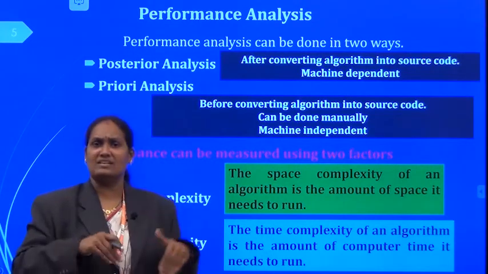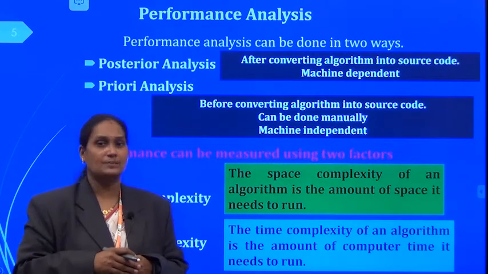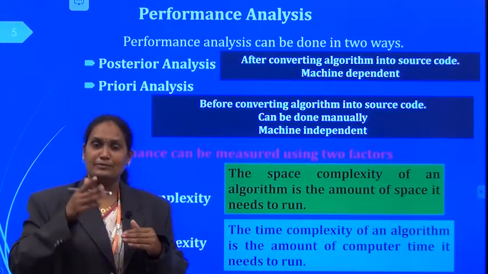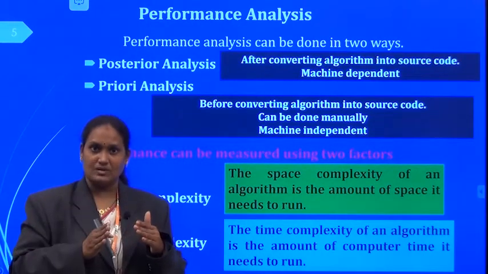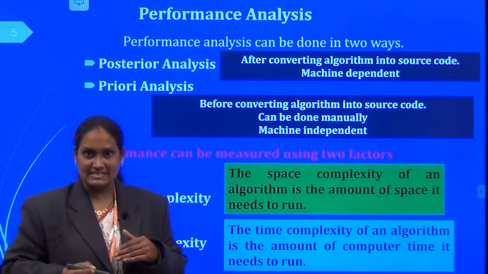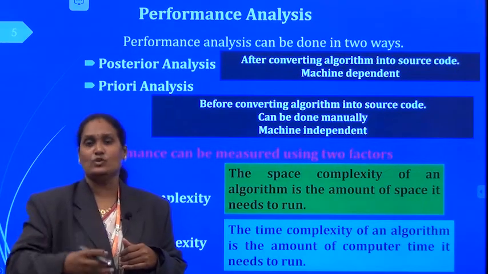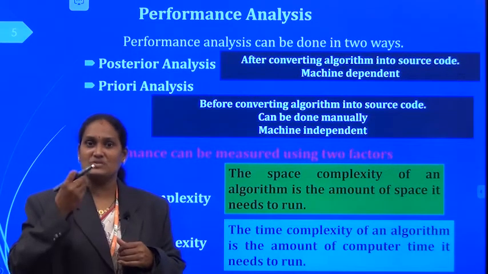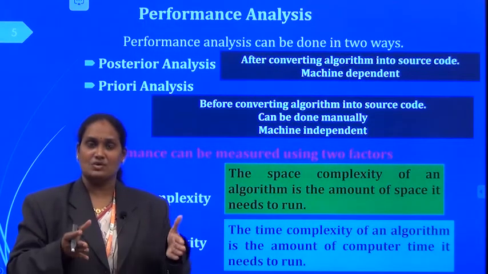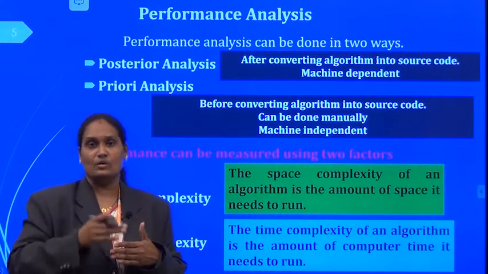In our entire subject, we are following the priori analysis, not the posterior analysis. Before converting the algorithm or pseudocode into source code, we are analyzing the performance of that particular algorithm manually, that is, by using pen and paper. This is called priori analysis, which we are following in our course.